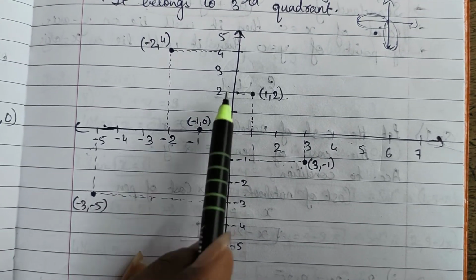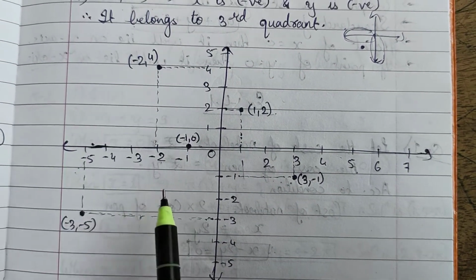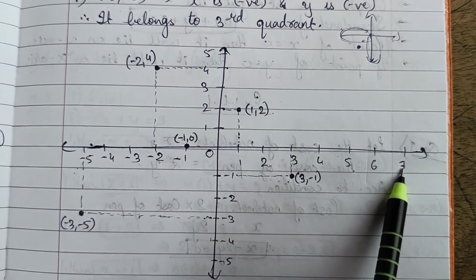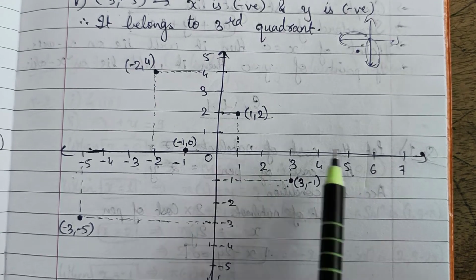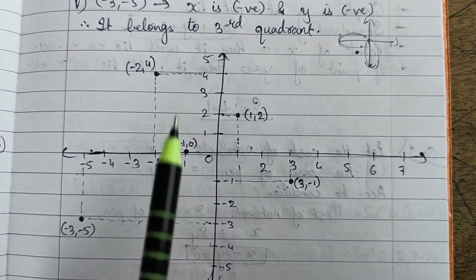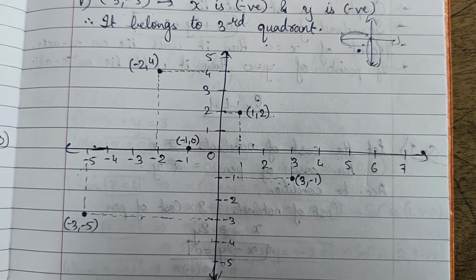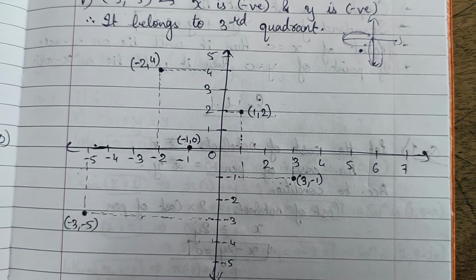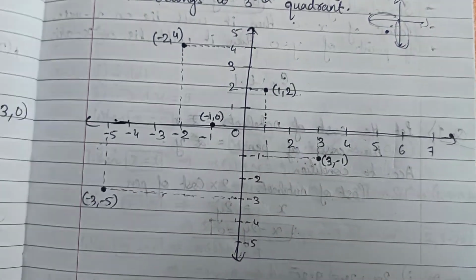See, now first you have to draw the graph. Now search for the points. See, I have drawn up to 7: 1 to 7 on the positive x-axis, 1 to 5 on the positive y-axis, 1 to -5 on the negative y-axis, and 1 to -5 on the negative x-axis. We have only this many points.